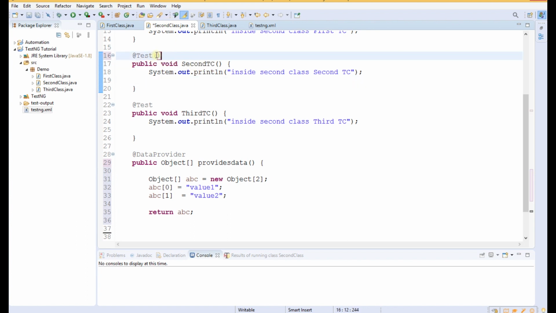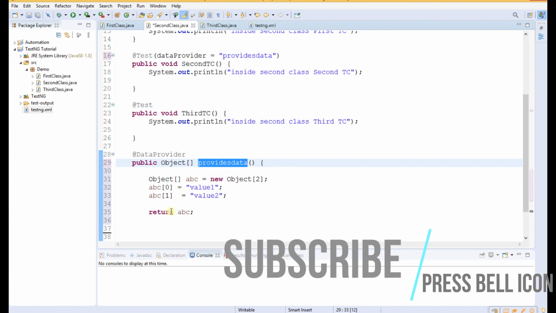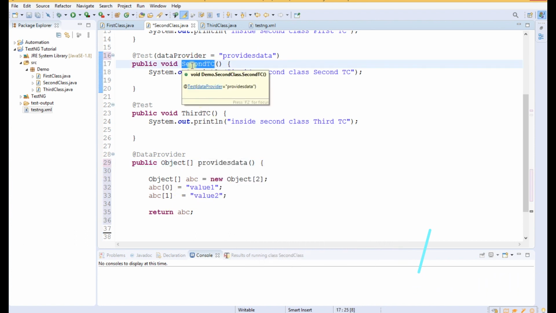After the @Test, we write in round brackets dataProvider equals, and here we give the name of that method in double quotes, providesData. So this providesData method will be providing the data to our second test case.